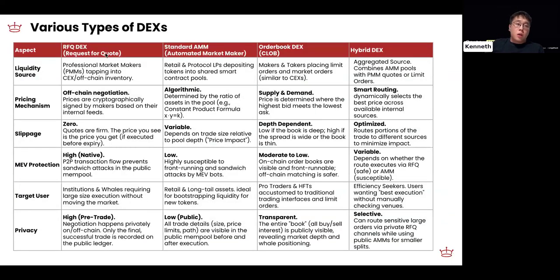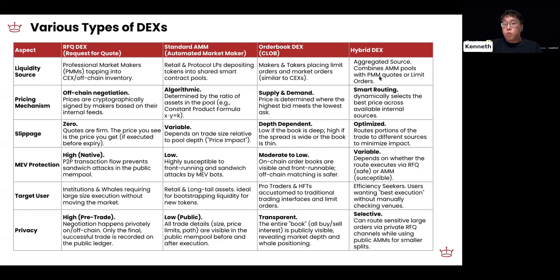Okay, so the various types of DEXs on chain break down into a few types. One is the RFQ DEX, where professional market makers step in with off-chain inventory to provide a means of trading. Then you have your standard automated market maker like Uniswap, where retail users, any general user, can deposit LP tokens in a smart contract pool and allow swaps to occur. The next one is the CLOB, or central limit order book DEX, which is a maker-taker concept where bid-ask spreads are the means of execution for the trade. And finally, you have a